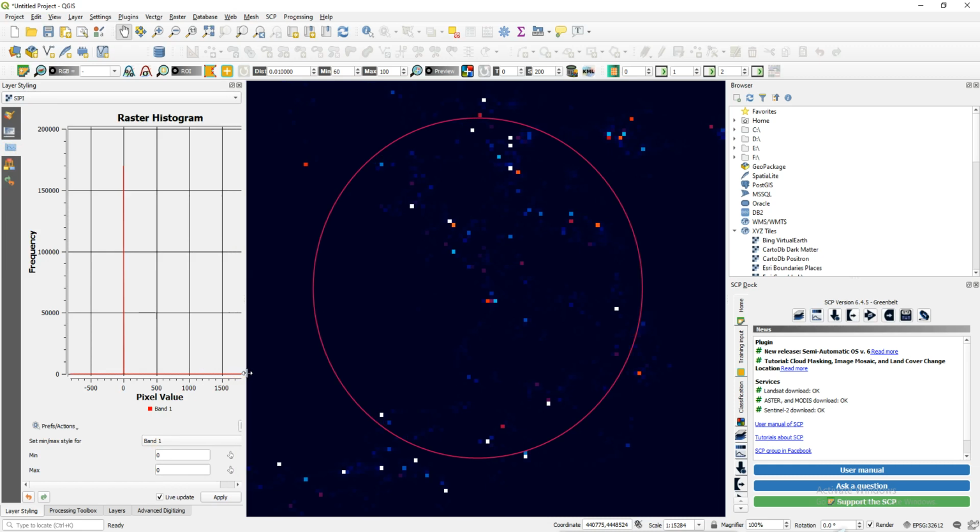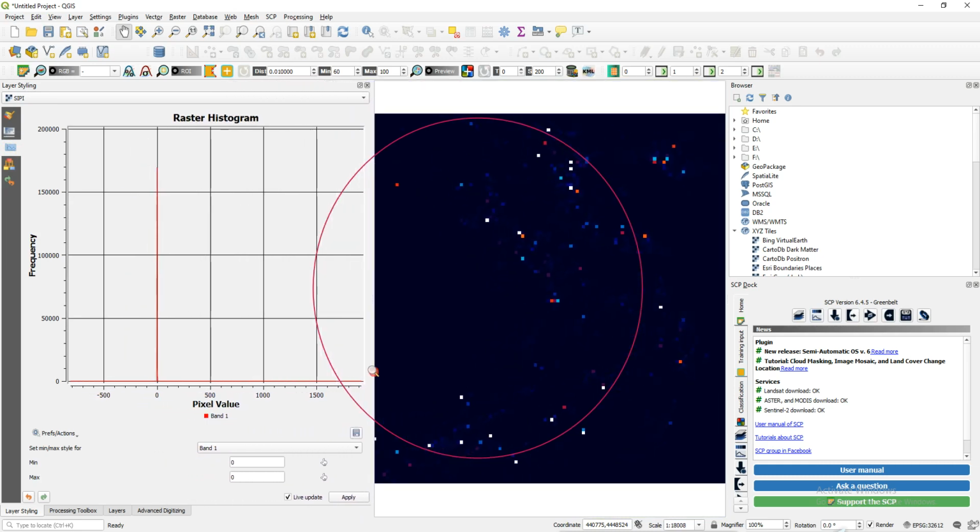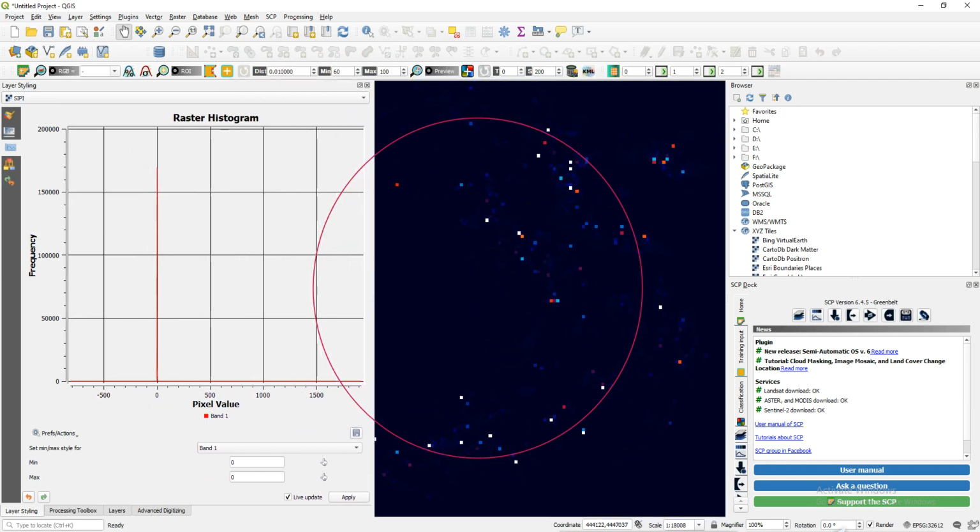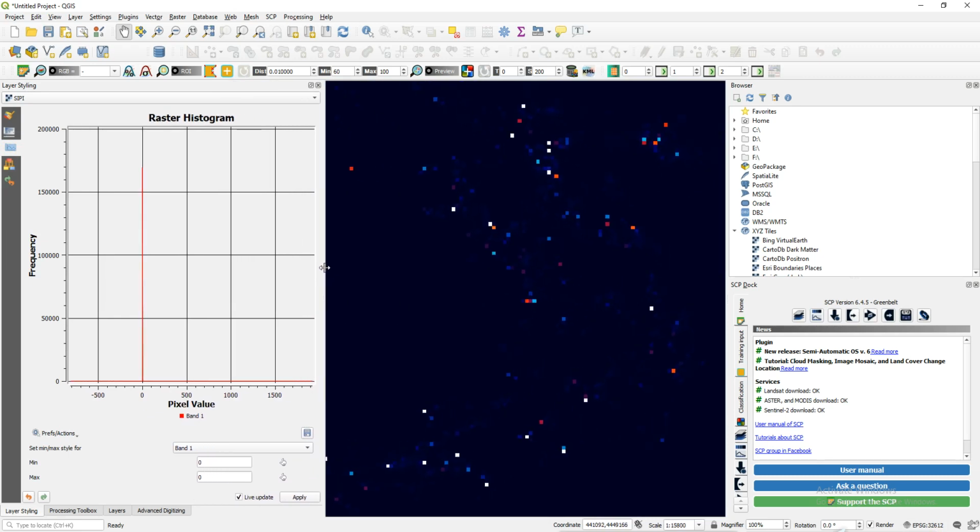You can look here. You can see this graph is up here.